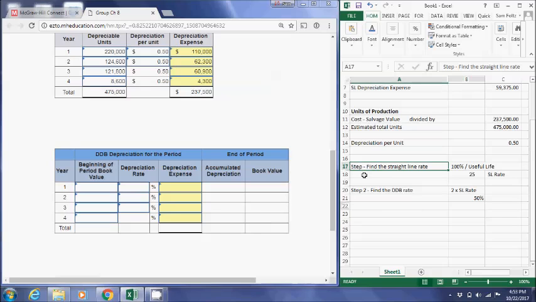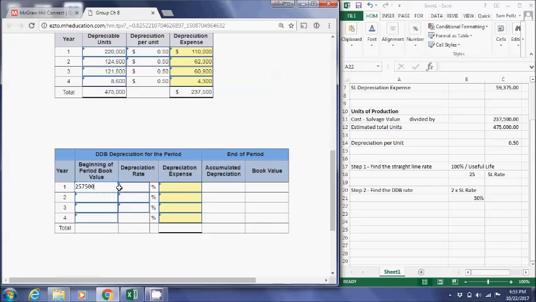And the other thing that we have to think about here is that we never ever account for salvage value until the very, very end. Always at the very end. So our beginning of period book value is then going to be cost, because we're going to ignore the salvage value. So it should be 257,500. Our depreciation rate should be 50%, which means our depreciation expense should be 128,750. That leaves us now a book value of